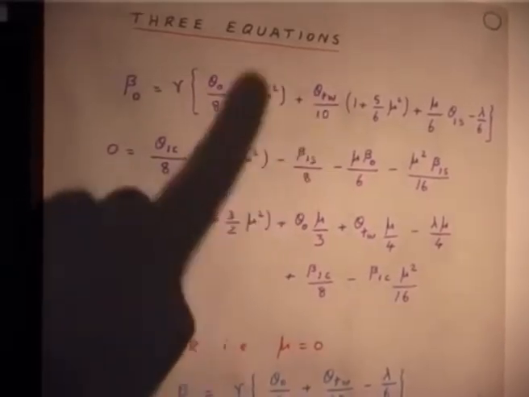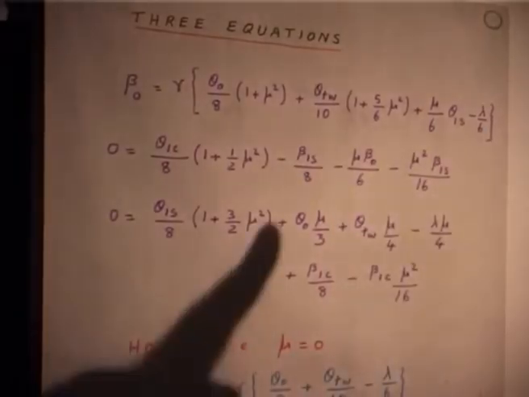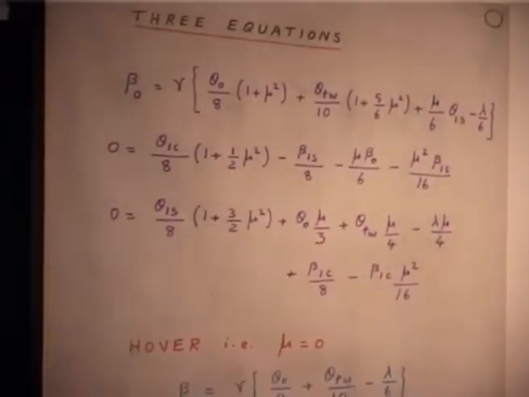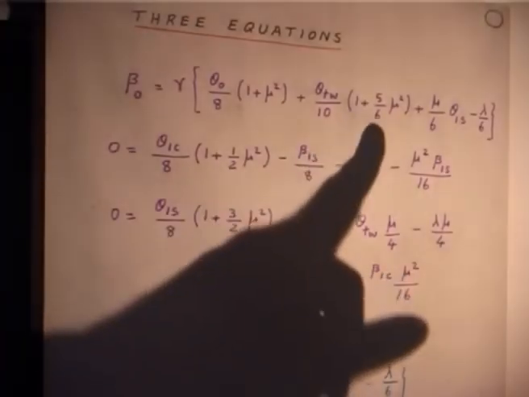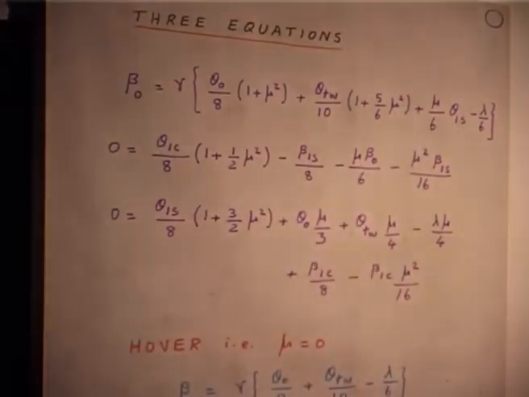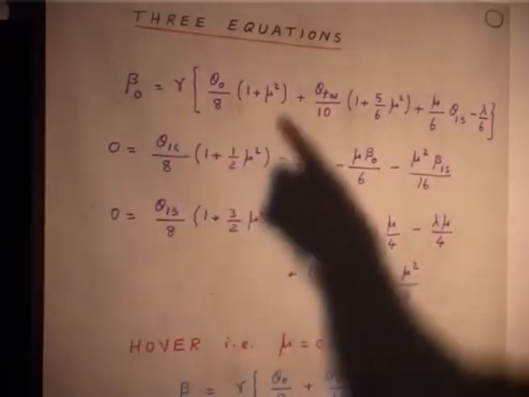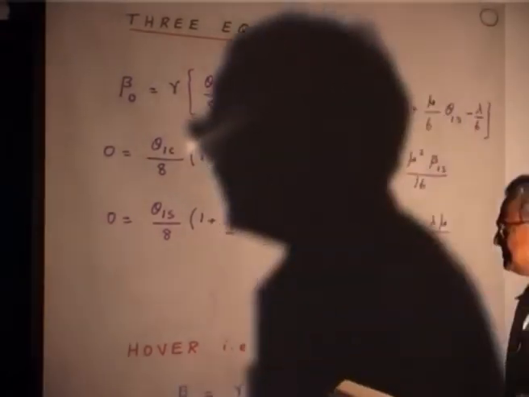Because 60, you add 0.8 location. So, you will get 1 plus mu square, you take out. In this, because you add 1 over 6 minus 1 over 6. So, that is how you get that mu theta 1s over 6 minus lambda by 6. But then the next 2 terms